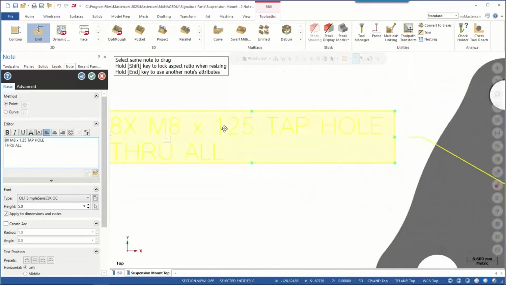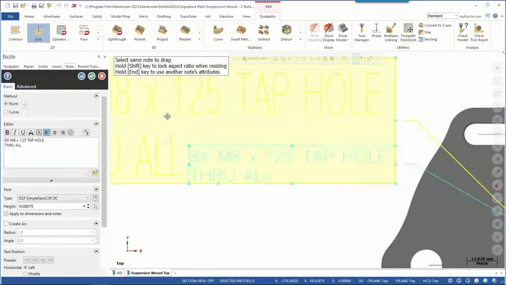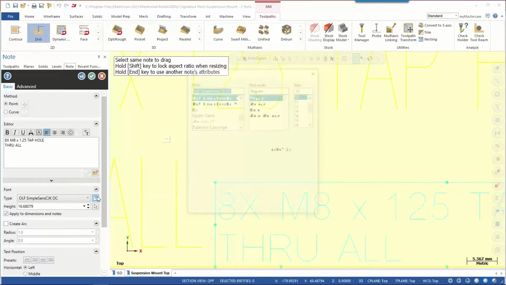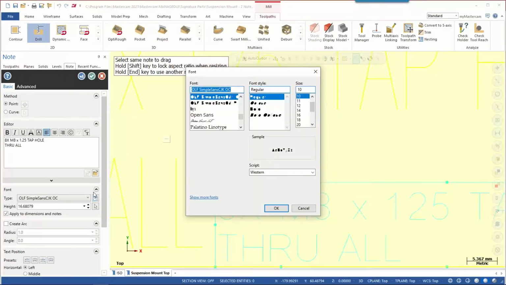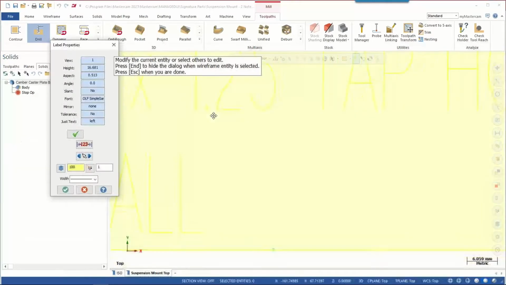Also new here, rather than zoom in out, let's just enlarge this, we'll make it bigger. In the past, the period may sometimes be hard to read. There is now a new font type available to us known as the CJKP, P standing for enhanced period. This is right below the original CJK, and if we hit OK, we see that the period is now changed to a plus. If I close out,